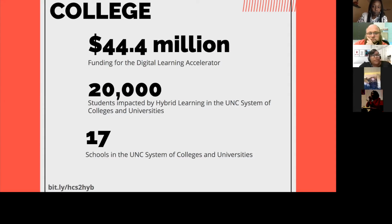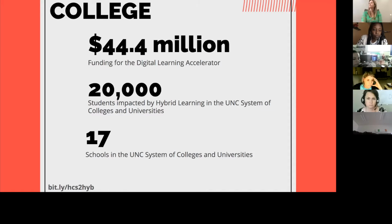So colleges and universities around the world have already begun implementing hybrid learning on their campuses. And so we chose to look at our UNC system because most of our students, that's where they're going, right? At least one of the 17. However, even the UNC school system has realized that this is a really important thing. So out of the money that was given from the federal government to the states and to the different entities,